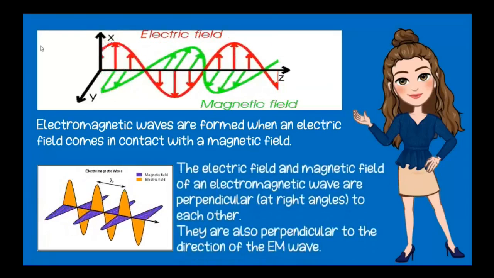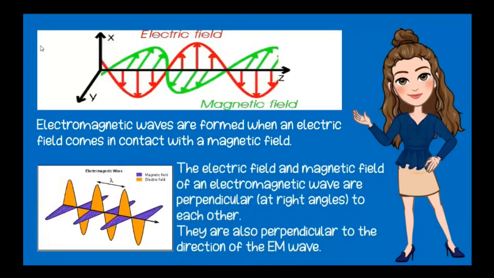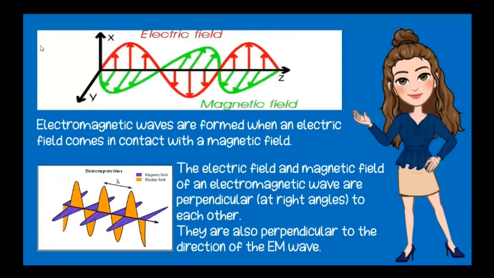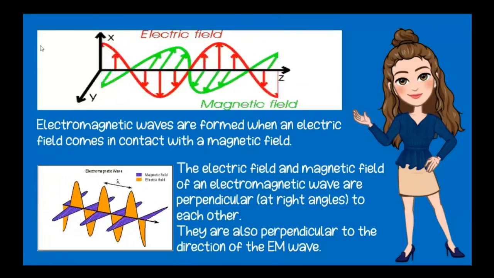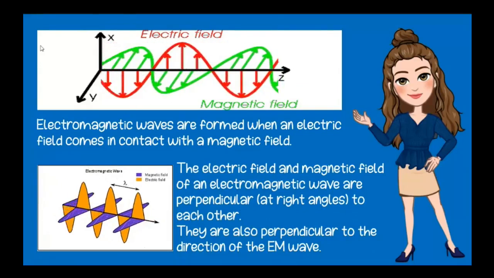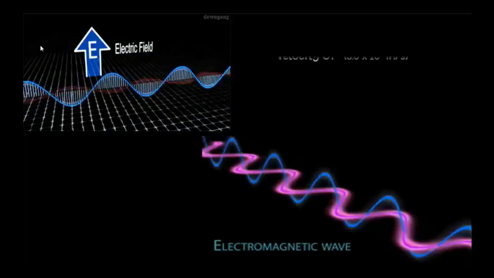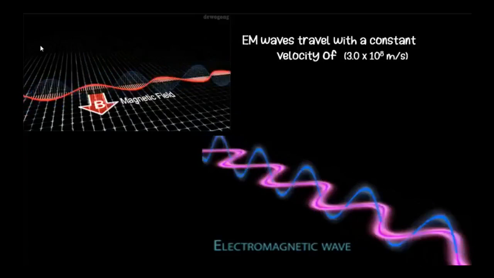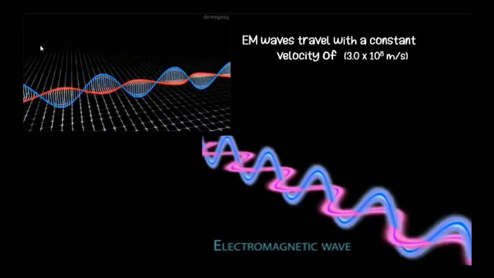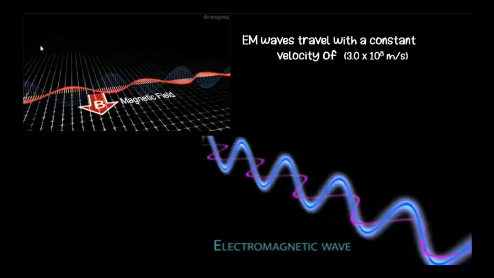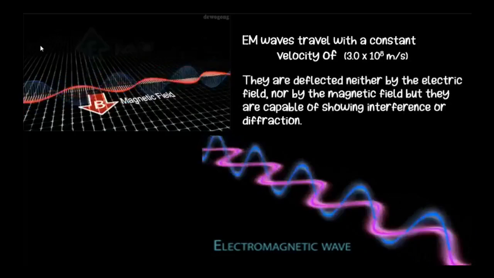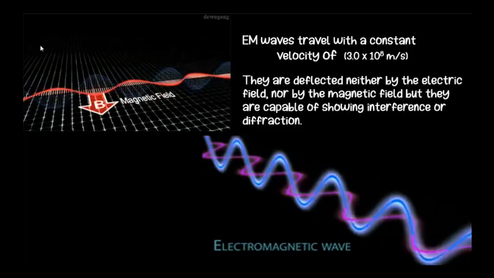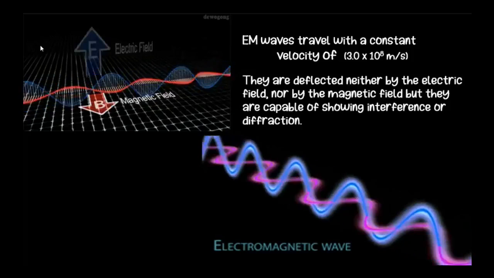The electric field and the magnetic field of an electromagnetic wave are perpendicular to each other. They are also perpendicular to the direction of the EM wave. EM waves travel with a constant velocity of 3.0 times 10 to the 8th power meters per second. They are deflected neither by the electric field nor by the magnetic field, but they are capable of showing interference